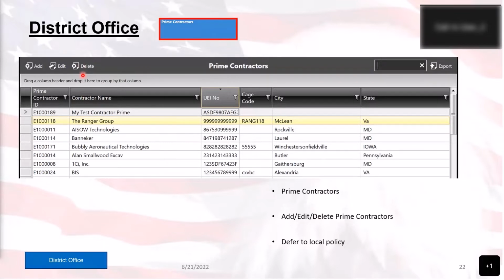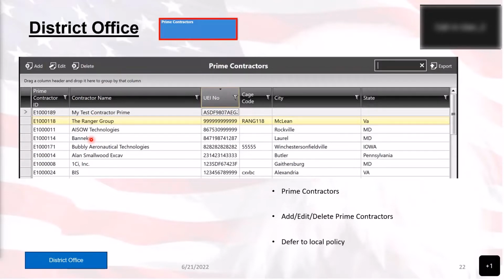One thing to note, if you want to edit the information, you can just double click on the prime contractor that you wish to edit. When you double click on that, it's going to bring up the prime contractor edit view. At the bottom of that screen, it's going to give you two tabs. The first tab is going to be the contractor staff that is listed for that prime contractor and their basic permissions, whether they have admin permissions or no admin permissions,